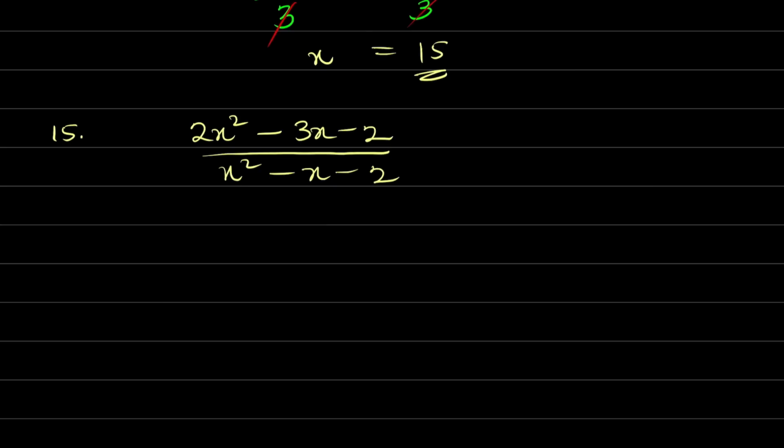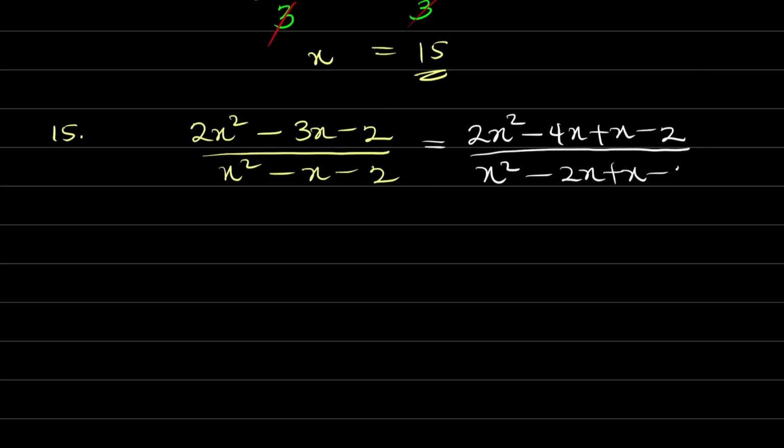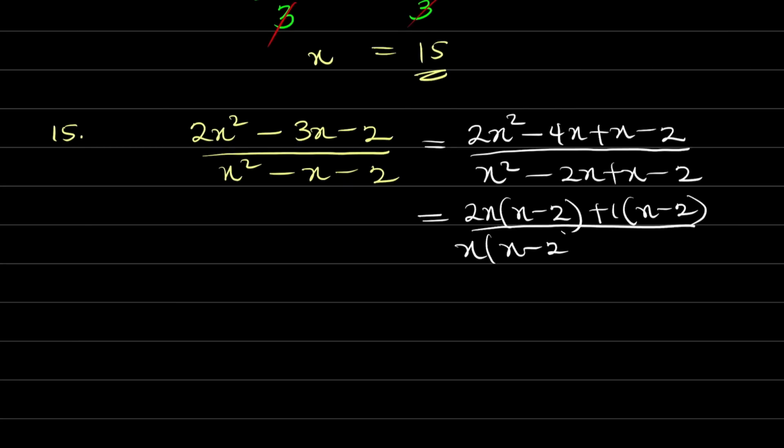If carefully done, the numerator can be broken into 2x squared minus 4x plus x minus 2, and the denominator can be broken into x squared minus 2x plus x minus 2, so that we can have 2x into x minus 2 plus 1 into x minus 2 at the numerator, and at the denominator we have x into x minus 2 plus 1 into x minus 2, and